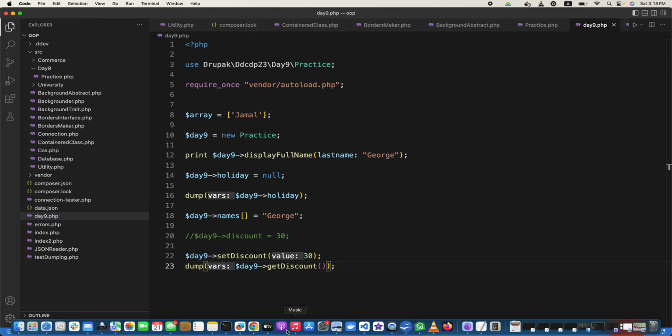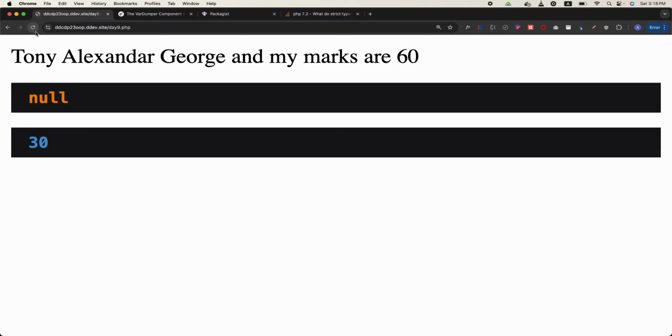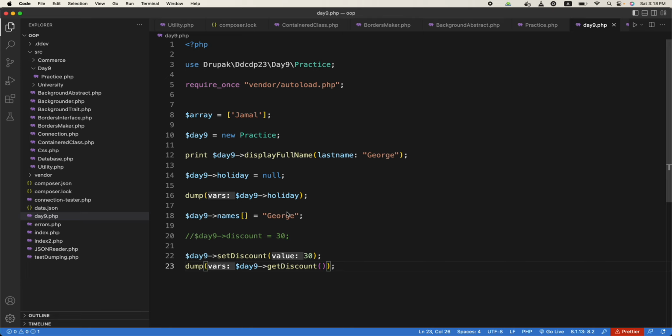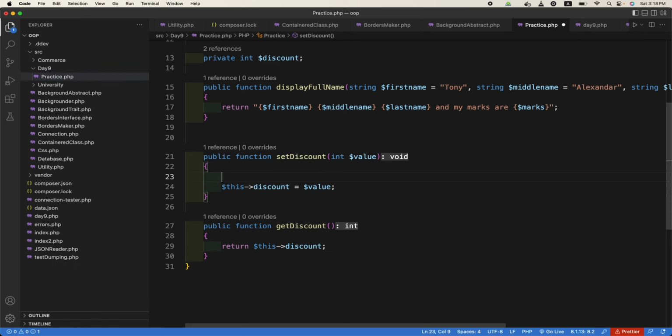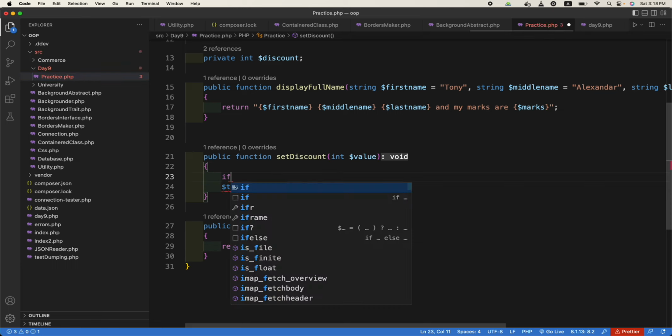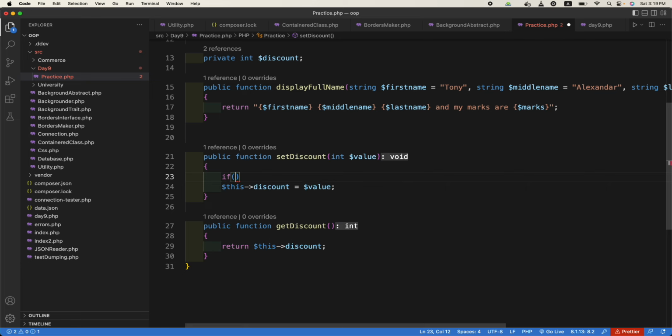Now if I refresh the page, we will get 30 because the value was set as 30, but it is still the same. I mean, we have not taken any advantage of setting the variable via the method. That's why we have used this function set discount. So whatever value is passed to it, it will be setting it. So here we will use some if else. If value is greater than 20,